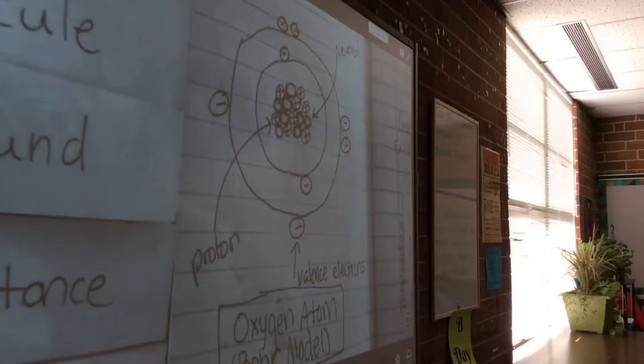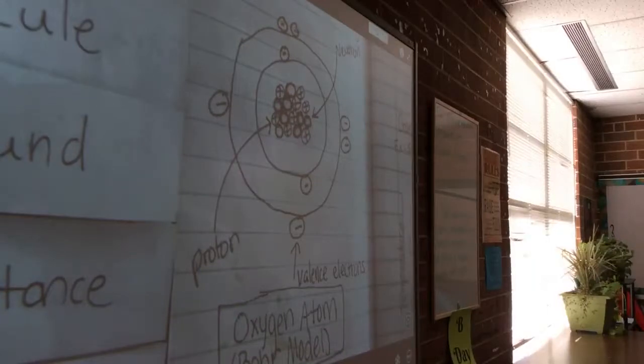When you get up into higher levels of chemistry in high school, you're going to have to be able to construct these Bohr models of atoms. I'm not going to make you know all of the atom structures, how many electrons go in which ring. That's not something you really need to know for this grade level. But you need to know